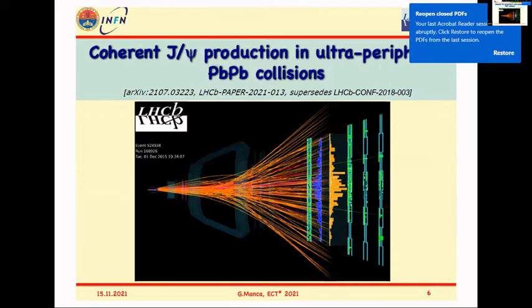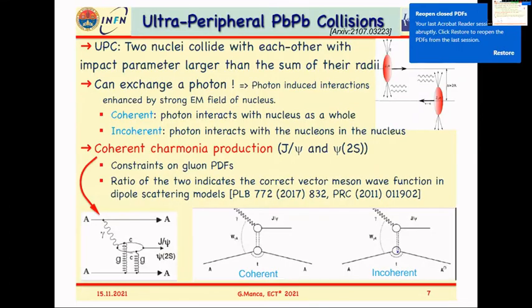It is described in this publication, and this is an event display of one of these collisions in lead. We can see the interaction point, all the tracks, and the muons here in green in the muon stations. Dr. Zhao may already have discussed ultraperipheral collisions at length, so I won't need to say much about it,